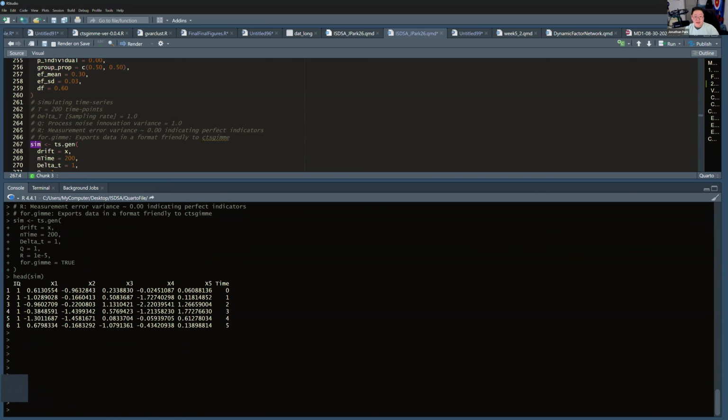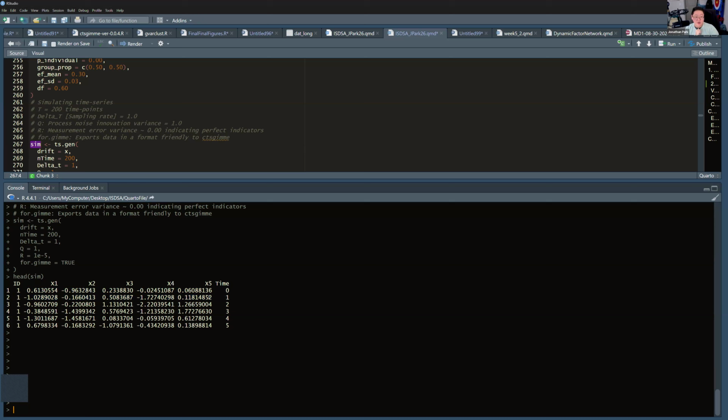And so we want an ID variable. We want our variables that we're modeling the time series for. And then we want a time variable. In this case, the time variable should be annotated as a distance from the first measurement occasion. So this should be how far apart this particular row is from the origin.